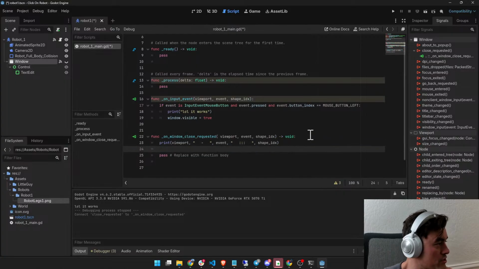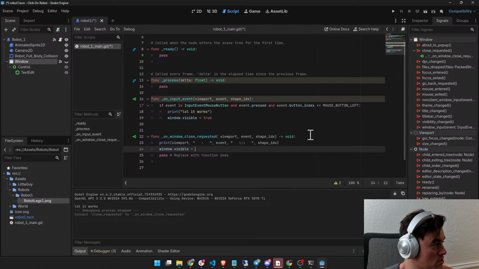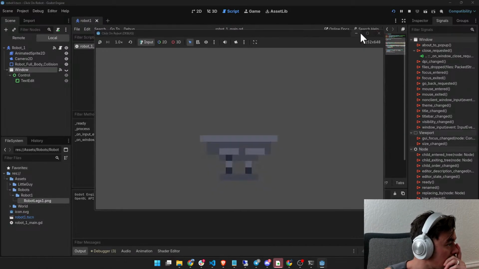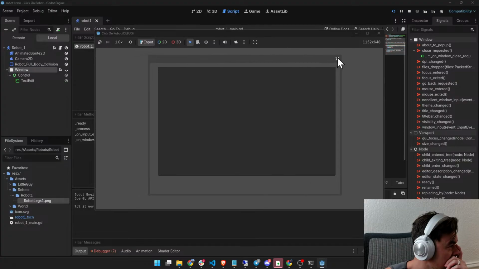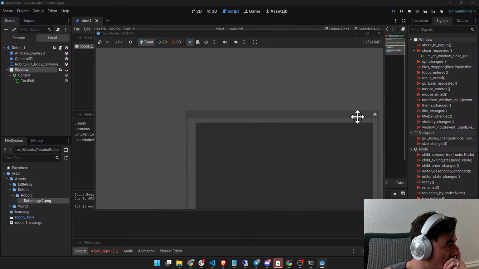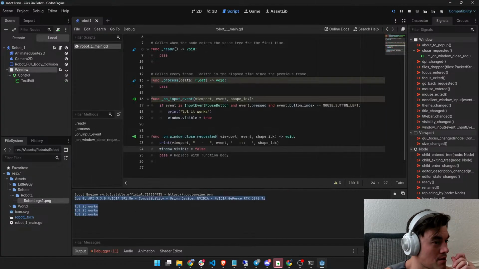And then I'm pretty sure that if I just type in window dot visible is equal to false, that it's going to work correctly. Nope. All right, that's okay. I have achieved my goal of opening a window when I click on my little buddy here. And I think I'm